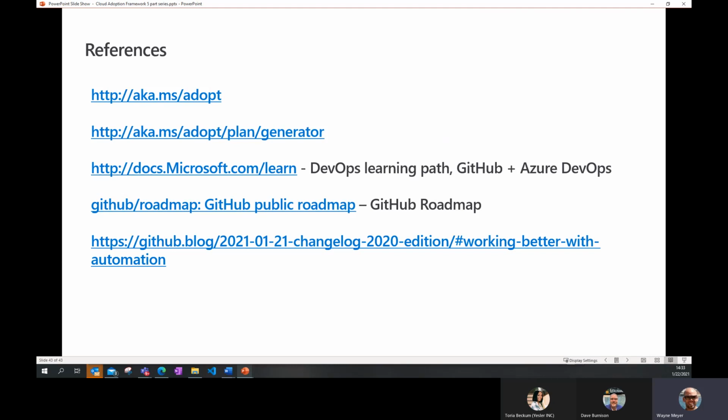Dave, any closing thoughts before we let you go? No, we've talked about it being a journey, but you know what they say, if you're going to run a marathon, you have to take the first step and just take it one step at a time. So get started on your DevOps journey today, and you'll be amazed at where you're at 6 months or a year from now.